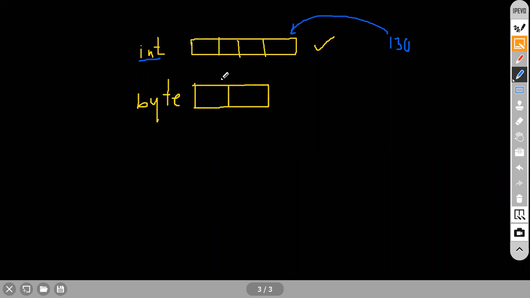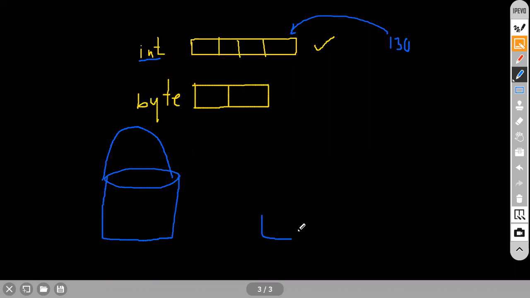Think of the integer as a bigger bucket, and byte as a smaller bucket. I am talking about memory buckets.